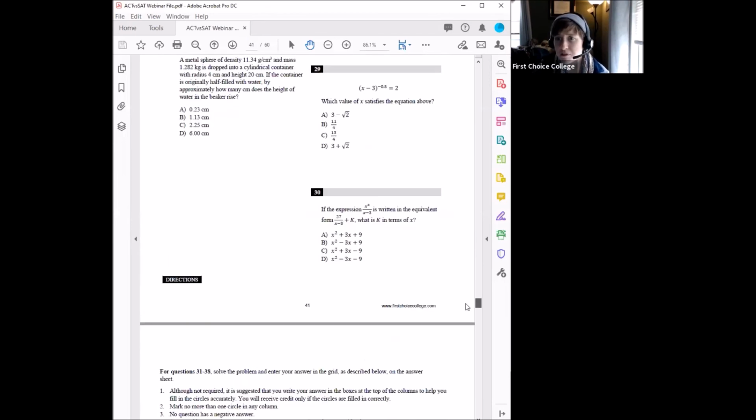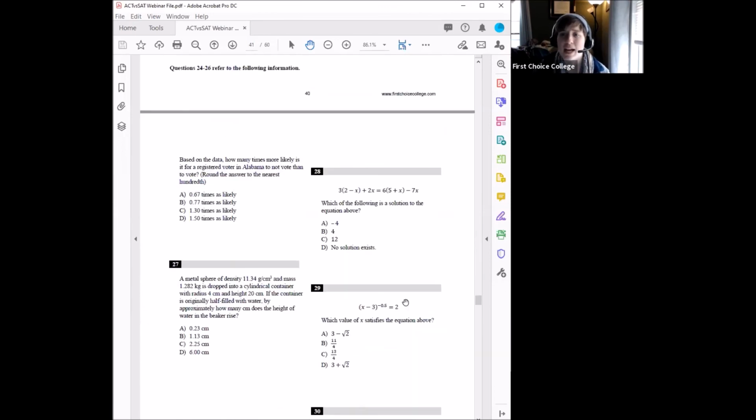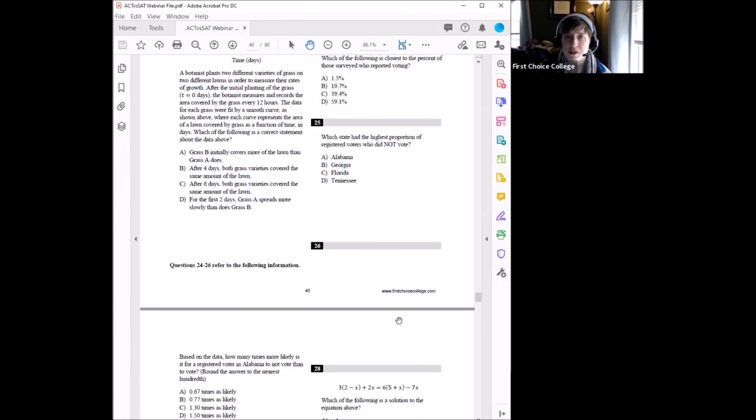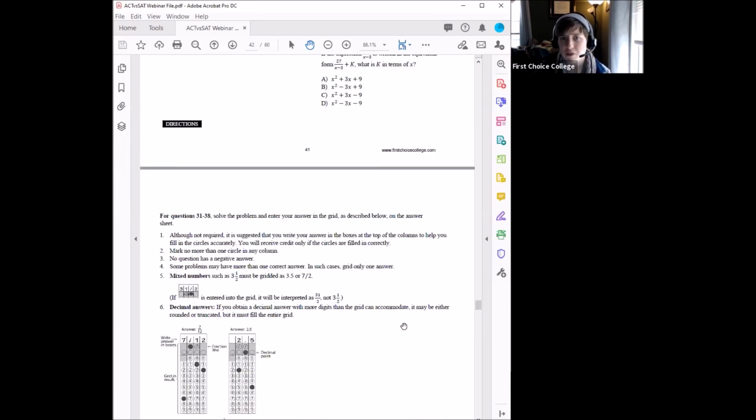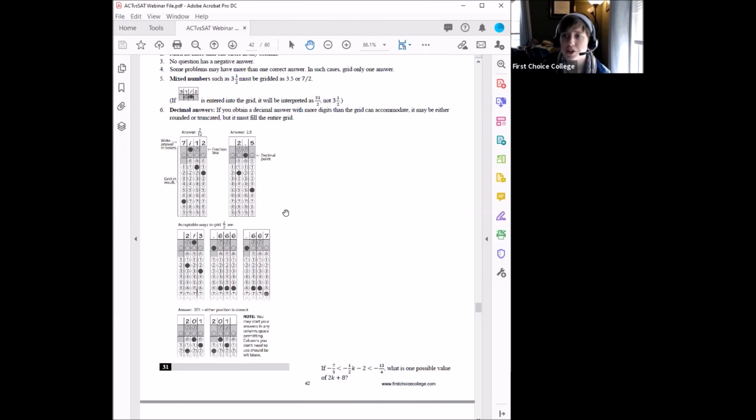The one other big difference on the SAT, you have these open-ended questions. So the final section of the SAT involves, after 30 multiple choice questions, all of a sudden questions that students have to fill in the blanks. These are really important for students to look at, because these questions aren't actually any harder than the rest of the test. They're the same questions, the same difficulty categories, but taking away the multiple choice answers makes them seem so much harder. So that's something students should keep in mind.